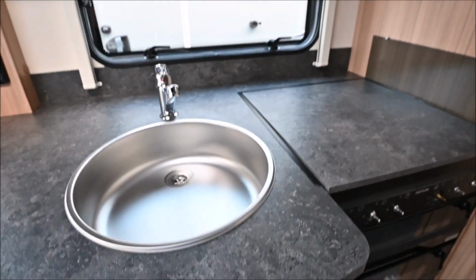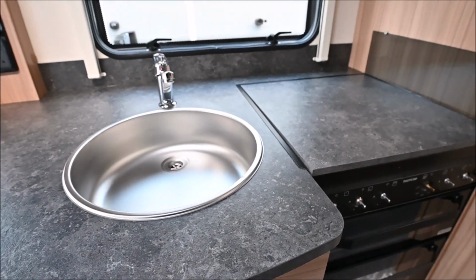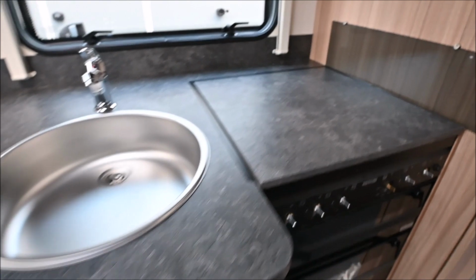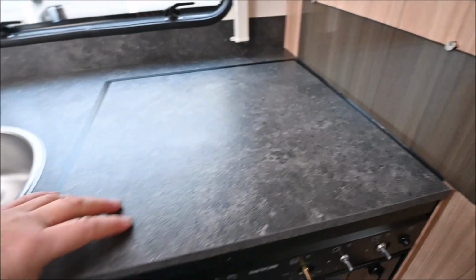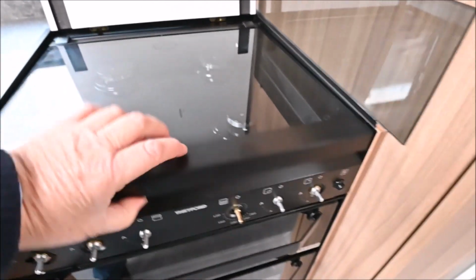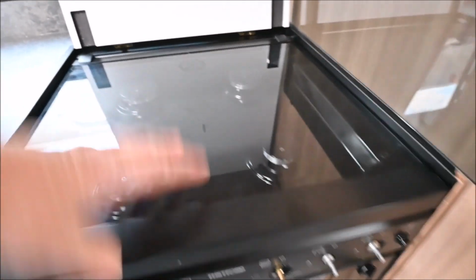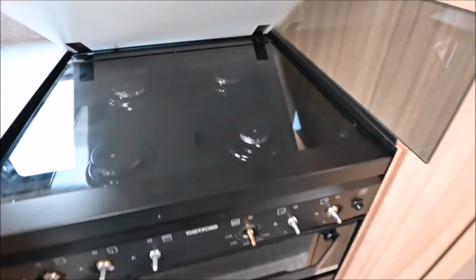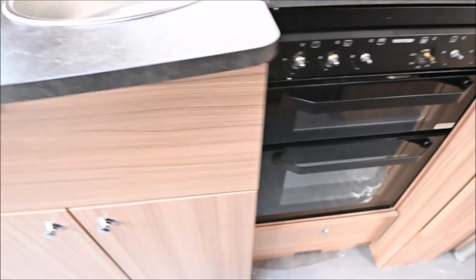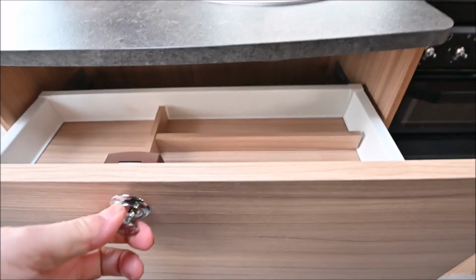I know people go on about Alde, it's very good, it's Alde, but Truma is instant heat, and I think it's very good, and people say it's noisy. I don't think it is. But anyway, that's another one up for debate. You get a 4 burner hob, so you don't get a dual fuel hob on this, but that's not a major problem. You've got your oven, and also you've got a decent, look at this big drawer there to put your cooker in,